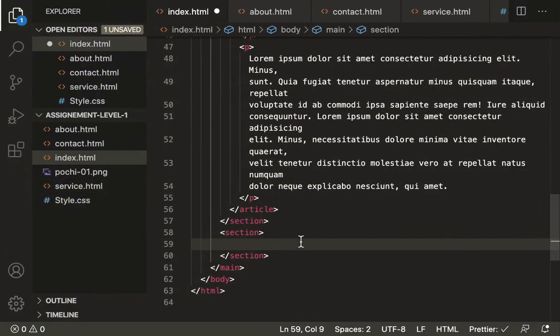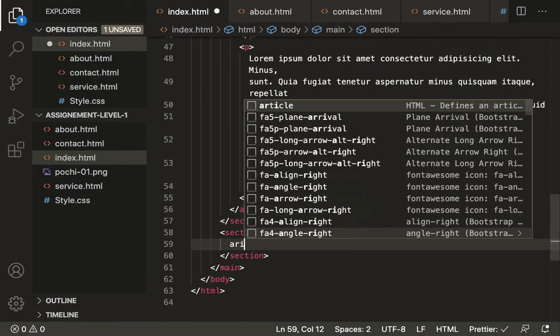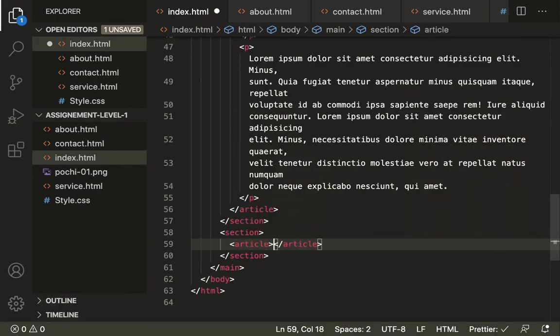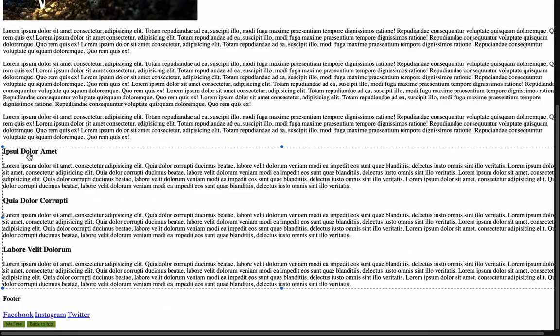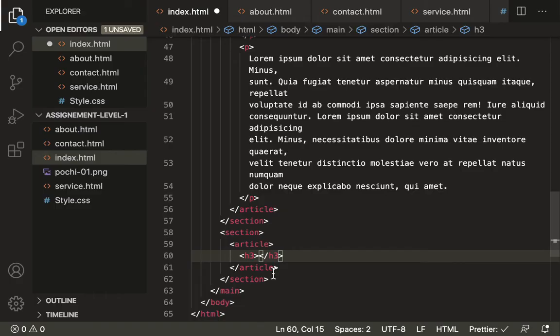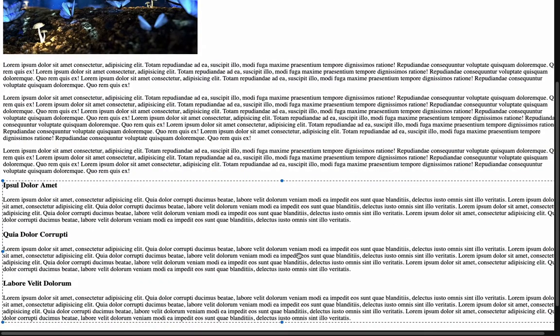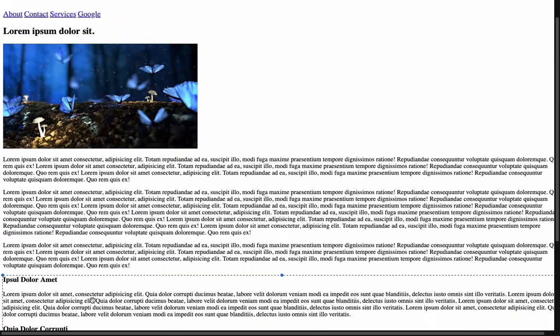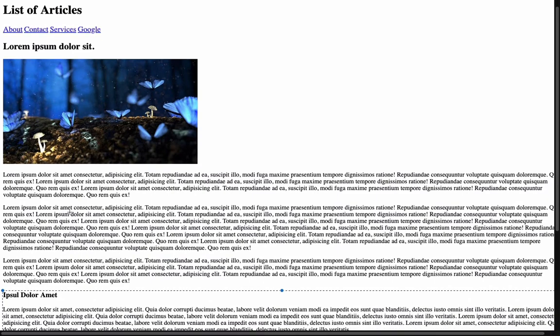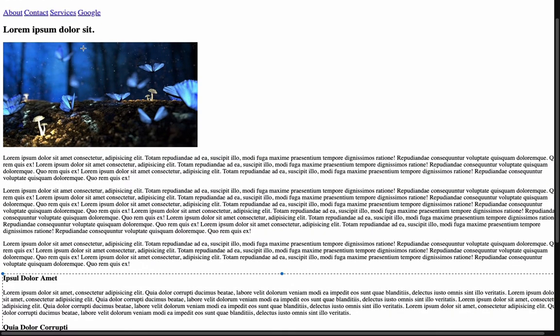So let's go here. So let's take our another second article. Great. Inside this article we have one just heading and paragraph. This time I'm using h3 tag because I have used h1, then h2. Actually we can use any number of times h2, h3, h4, h5, h6, but we cannot use h1 tag more than once. Actually this is the different heading level, and this is the different heading level. That's why I have taken h2 here, and now I'm taking h3.